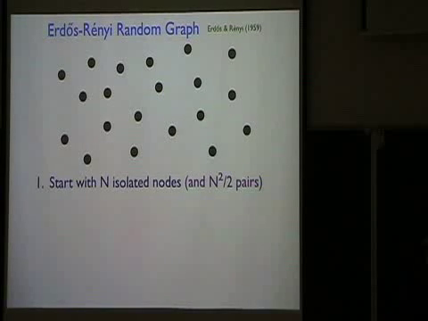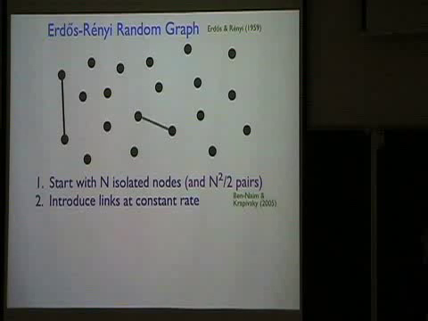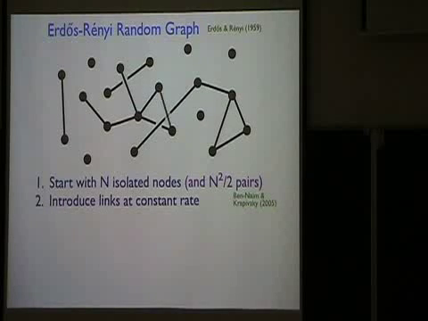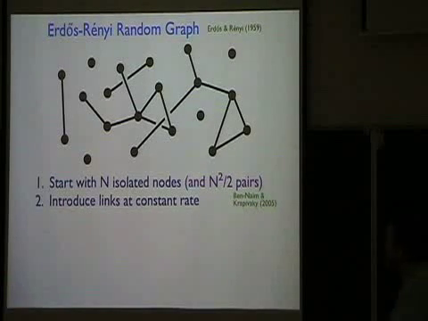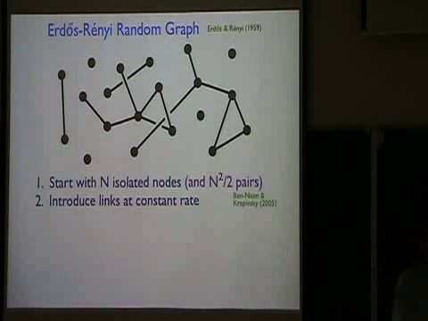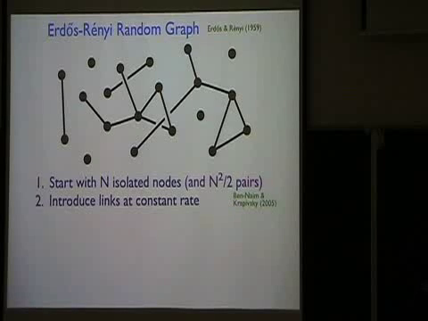And so here's a little cartoon of the thing starting. I just add links at some constant rate. So that's all that's happening. I just take any two nodes and I add a bond. So the thing is that in the original development of Erdos-Renyi, this was treated as a purely equilibrium problem. That is, you would look at a snapshot of the network at this stage, and then you would study the cluster size distribution or various geometrical features.